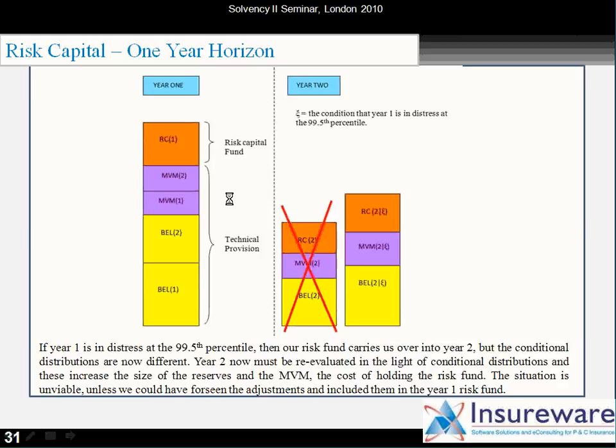So let's assume now the 2 years are correlated, and let's look at the second year first. Let's assume now that the 2 years are correlated and the first year's in distress. Okay? Now, if the 2 years are correlated, and never mind that they're in distress, we'll get to that later. If the 2 years are correlated,